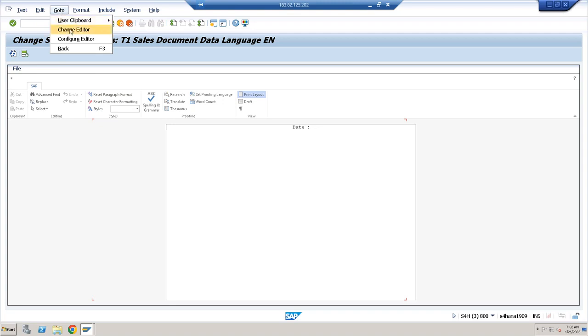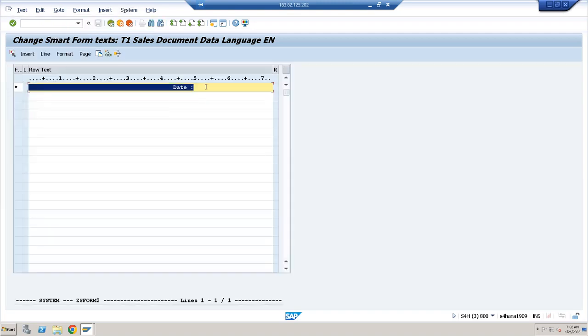So I'll choose change editor. Here I'll say date, then &SFSY-DATE&. Understood? The variables should be enclosed in ampersand in a smart form. If you want to display the content of any variable, be it our program variable or a system field, that variable should be enclosed in ampersand. And at the bottom, I want to